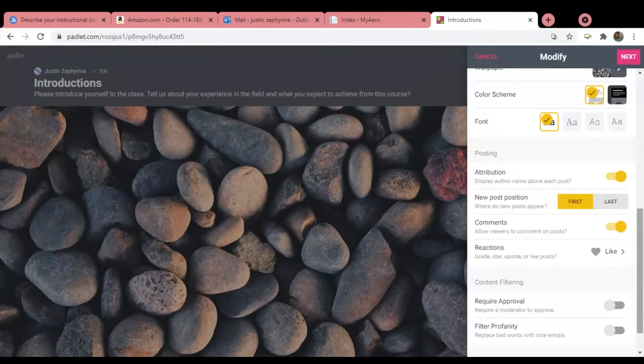So in other words, just like social media, other persons could like your post, right? And in so doing, you build what we call the community of learners and strengthen that social presence.